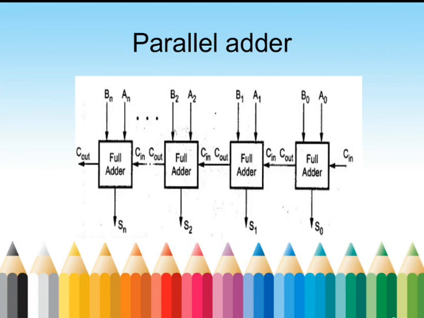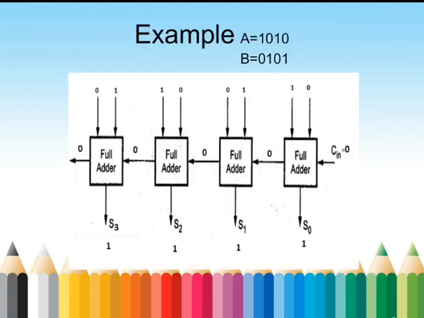So now let us analyze this parallel adder circuit with one simple example. Let us consider a 4-bit parallel adder circuit. That means the input variables A and B should both have 4 bits. So let us take A as 1010. The decimal equivalent for 1010 is 10. And similarly we take B as 0101. The decimal equivalent for 0101 is 5. We know the addition of 10 and 5 is 15. We should obtain the same output with the help of the parallel adder circuit.